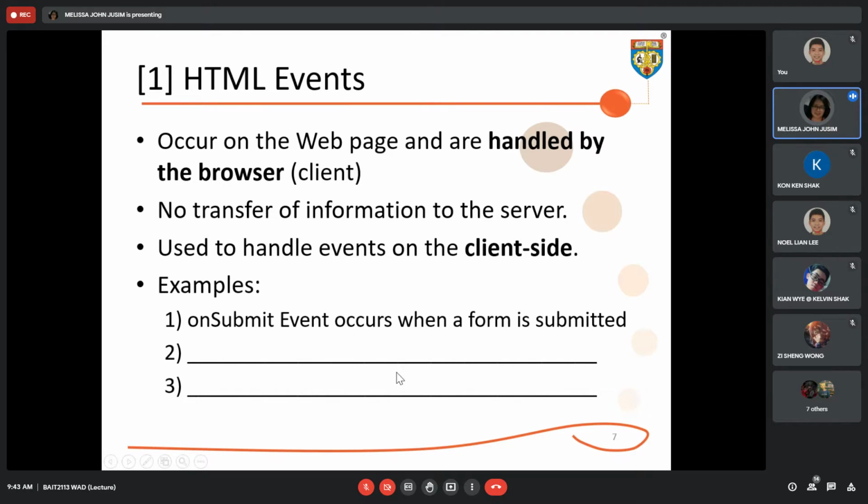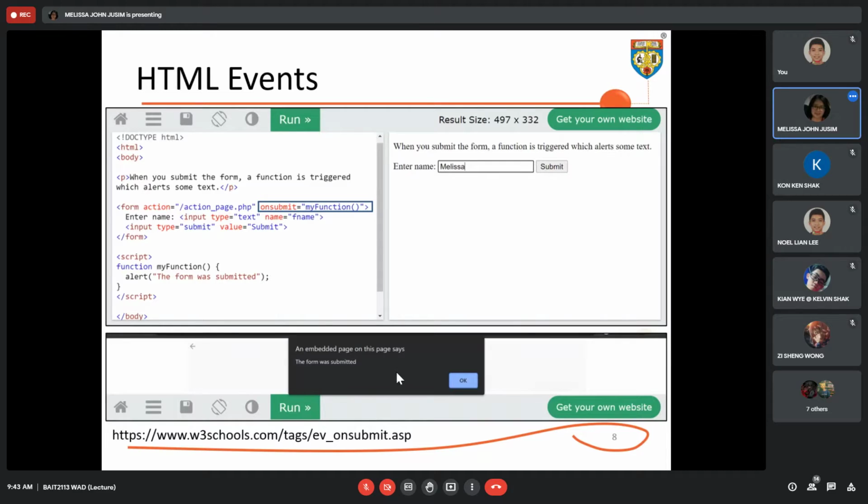Okay, let me show you an example. If you want to try the code, the link is given down there. So if you look at the sample code, we have a form, right? And then there's an on submit, which means when the submit button is being clicked, it will execute the my function.